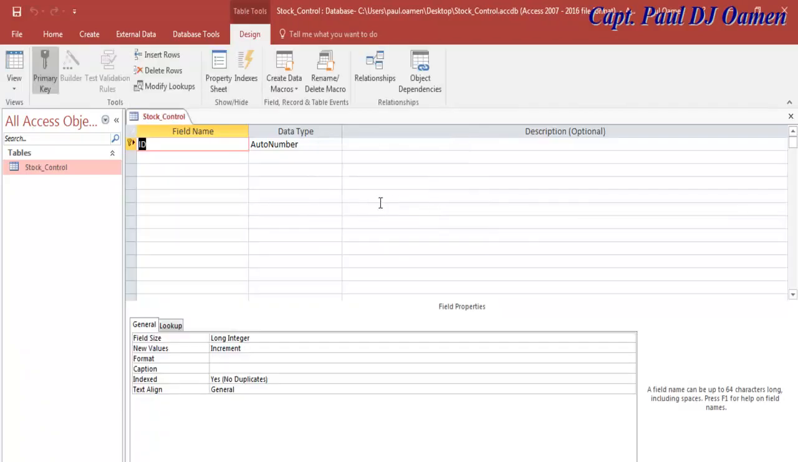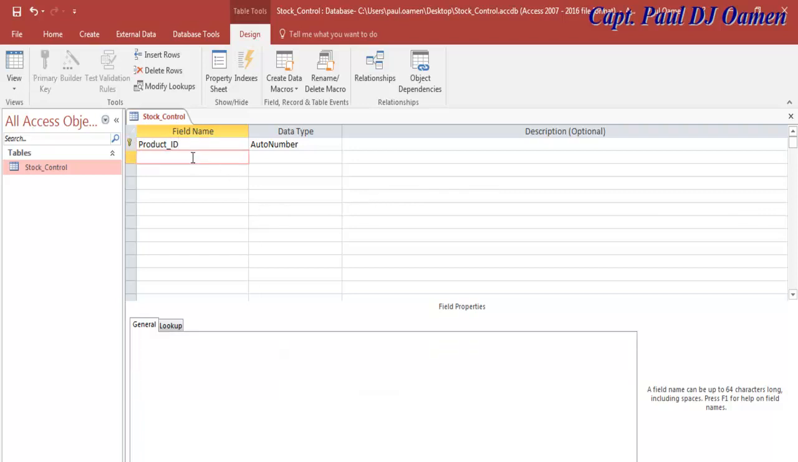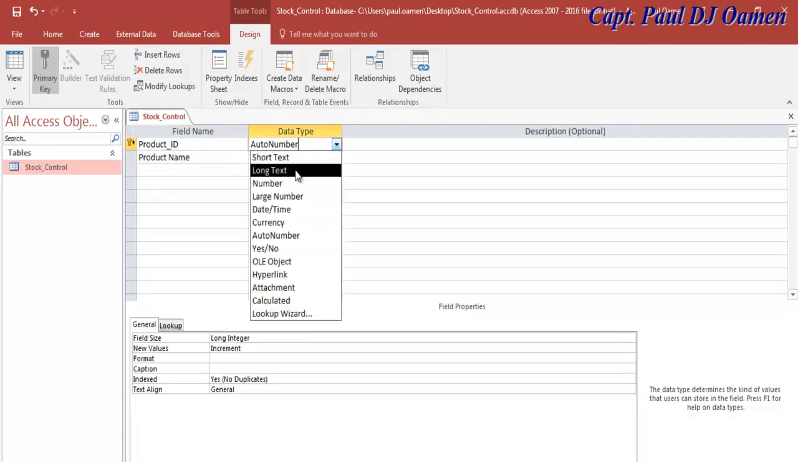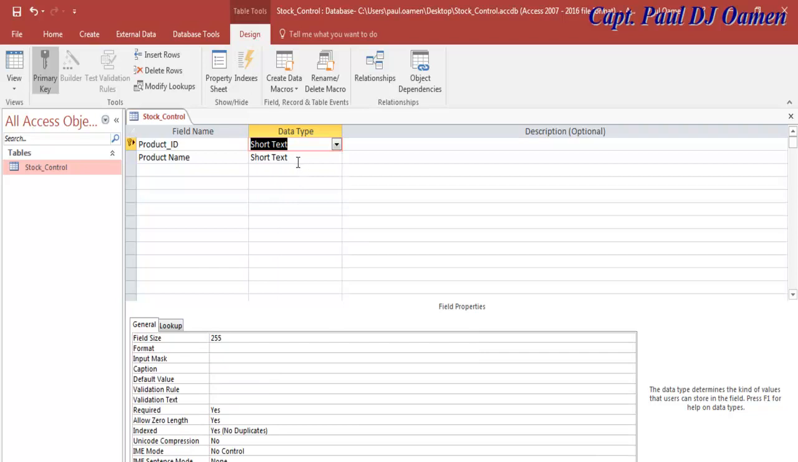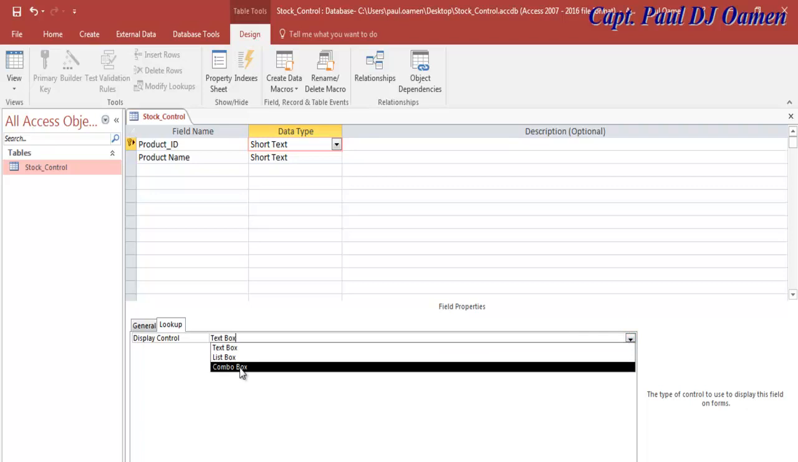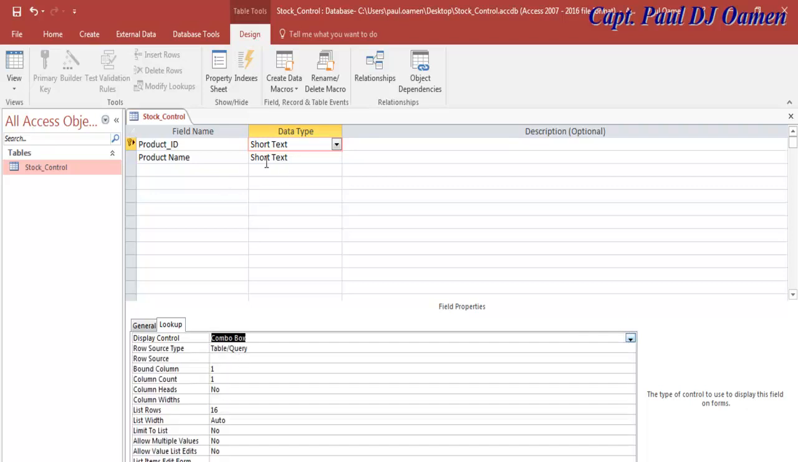Save. So the first field will be known as product underscore ID, and the second field will be known as product name. Now let's select a data type for this product ID. I'm going to select short, and at the lookup let's select combo box, and the same thing will be repeated for